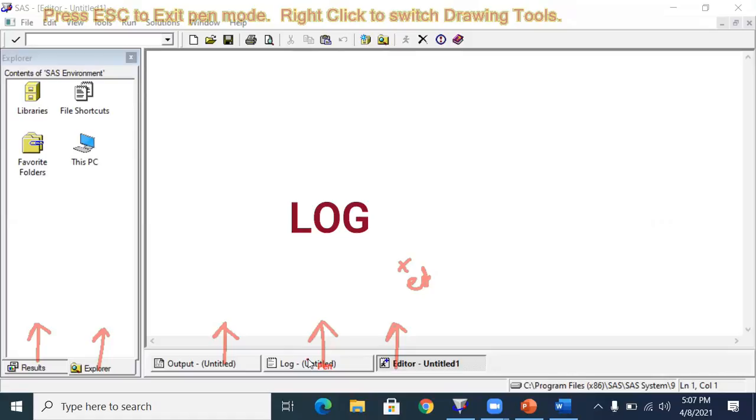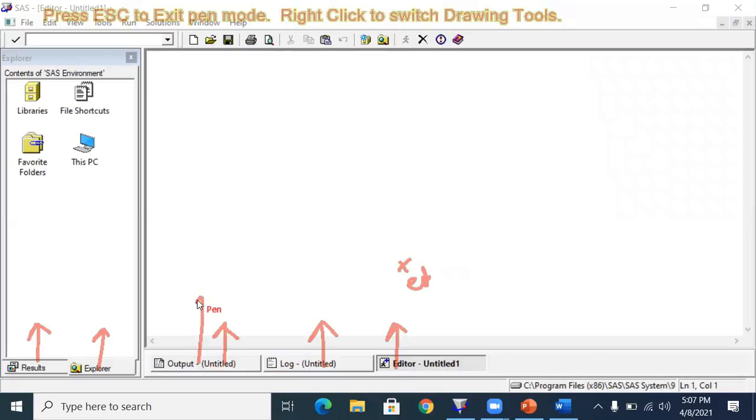And the log window is mainly for checking the errors, warnings, and messages. Any program, not only SAS, any language works with proper syntax, right? So you need to follow that syntax. If you make any mistake in that syntax, this log window will tell you what mistake you have done. It can be a proper error message or it can be a warning note. Whatever it is, you will be able to see it in the log window. Accordingly, you will be able to correct your program. We may make mistakes, right? So you can see through the log window.